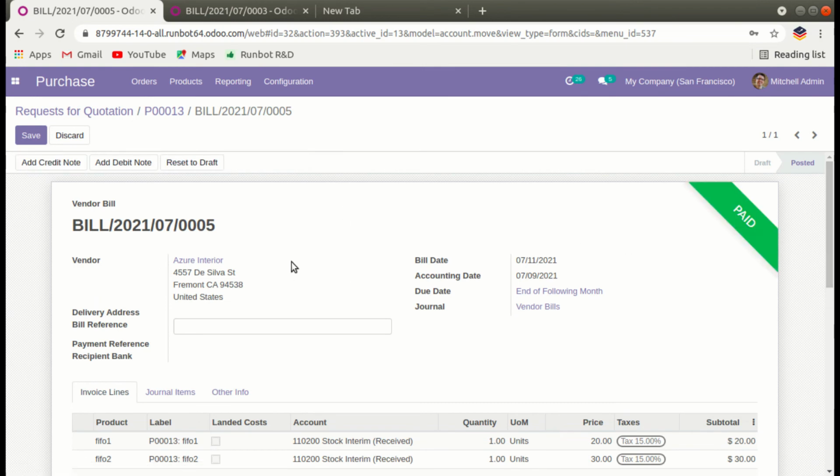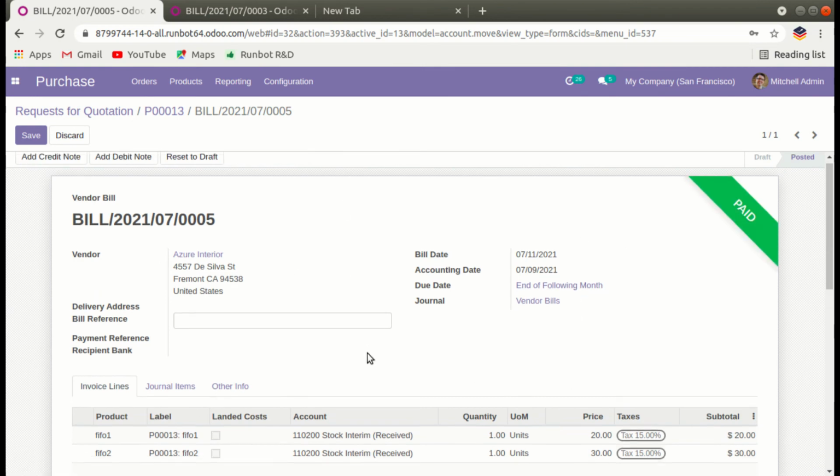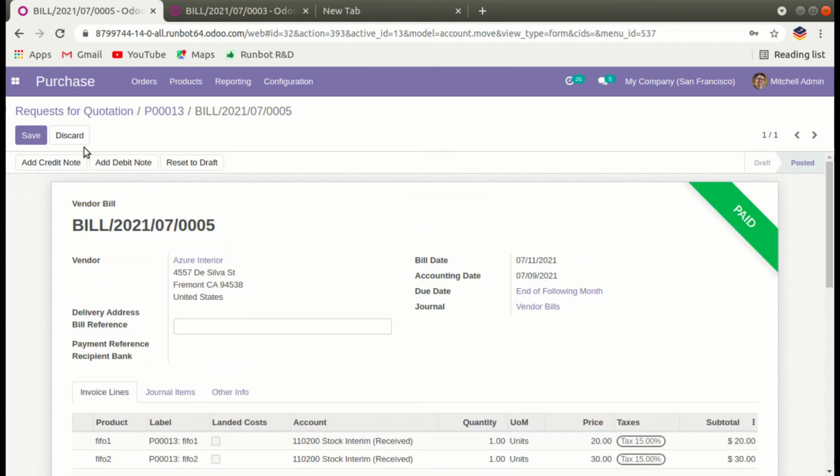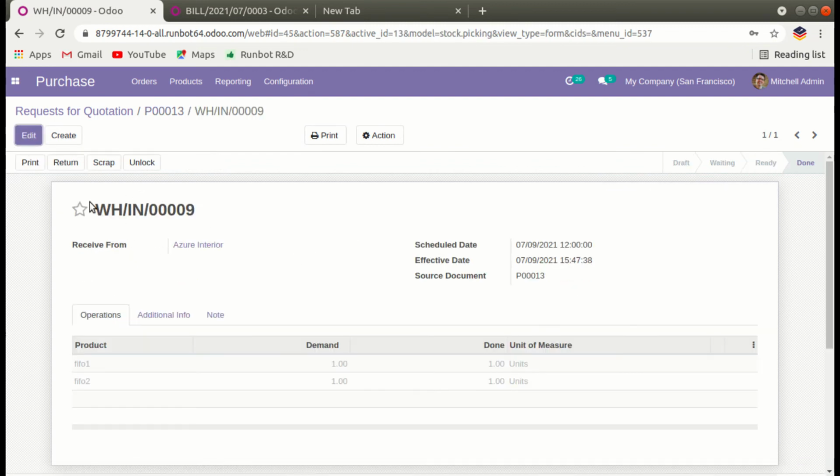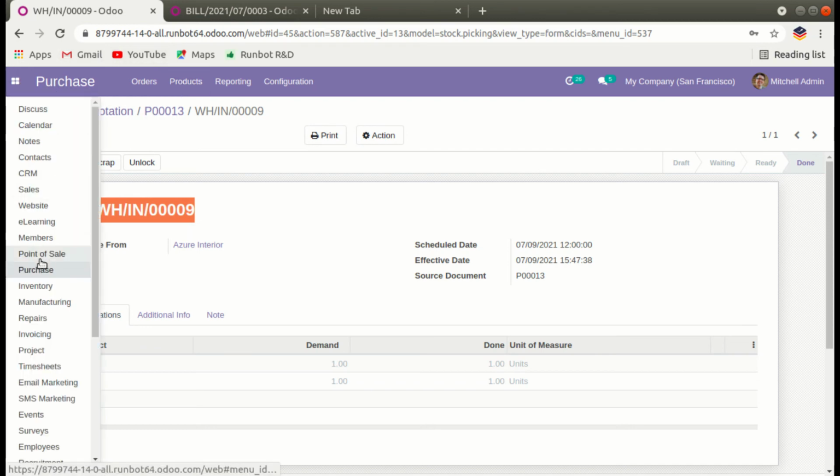Here you can see our purchase order is paid. So let's go back to our purchase quotation and then receipt, and from here you can copy your number, and then let's go to the inventory module.